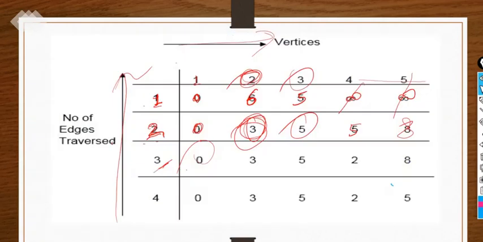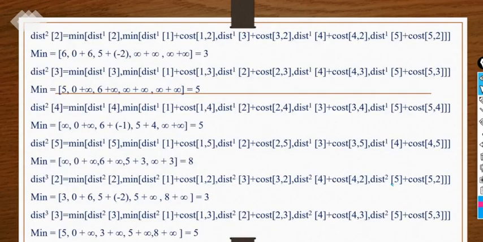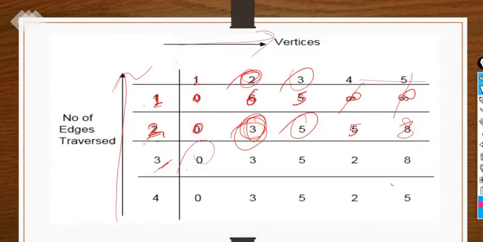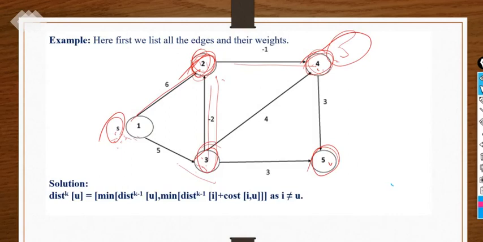If you are not getting it directly from the table, if you are confused, you can see it step by step over here, right? The distance, the possibilities, and how we are taking the minimum value, I have explained line by line. You will get clarity by seeing these steps. If you are still unsure, we will discuss it further with the help of some extra online classes also. So take a screenshot and compare everything with the help of the table and this diagram. You will get the minimum shortest path with the help of this